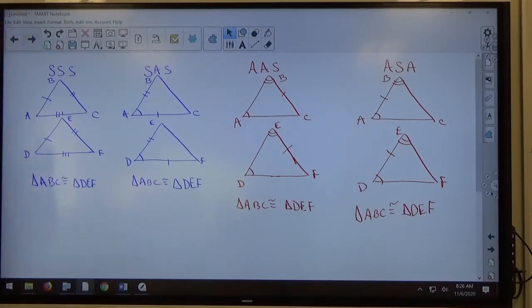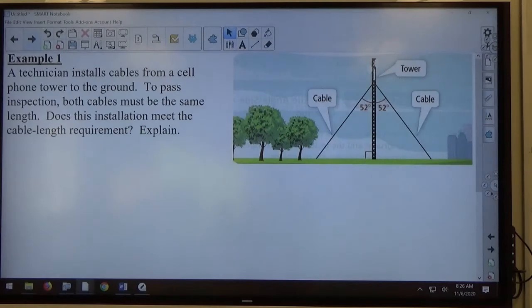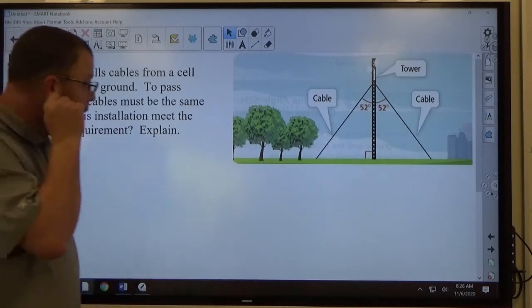If you look at example 1, a technician installs a cable from a cell phone tower to the ground. To pass inspection, both cables must be the same length. Does the installation meet the cable length requirement explained? So if we take a look at what's going on here,